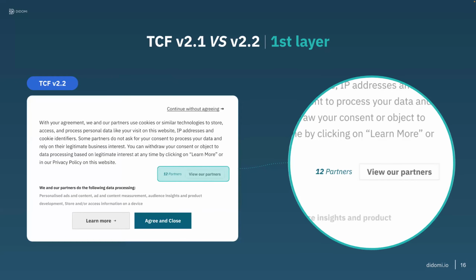For 2.2, here's an example of adding the number of partners that work with it. So again, the basic text is still being shown. We've got the purposes down on the bottom, and you can see the button highlighted in green there shows the partners. That button will then open up our third layer that will disclose the different third parties that are being utilized